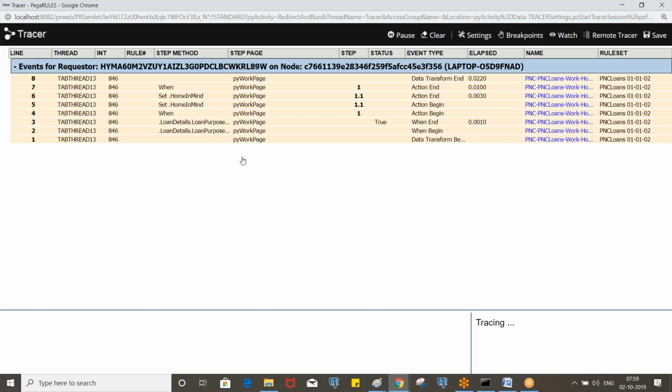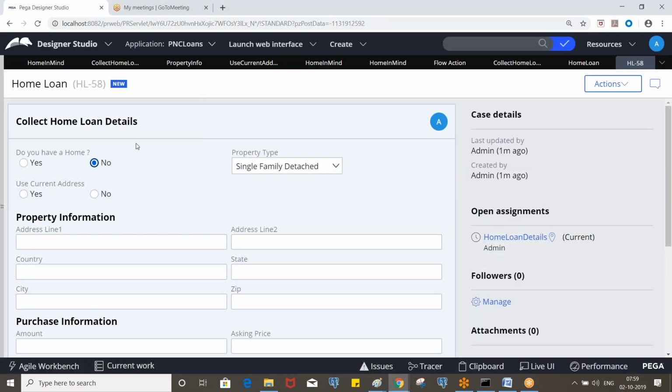So the data transform has been executed. So the unexpected outcome is, do we have a home in mind? It is no. And you can make it read only because we are defaulting automatically. Again, if we default based on the loan purpose, we should not allow the user to change this value, right? So we need to make it read only.